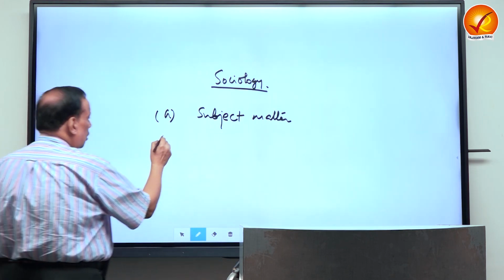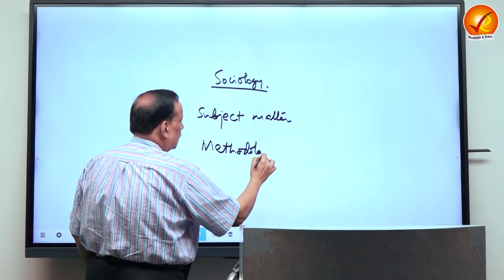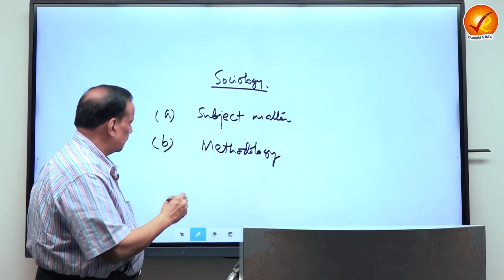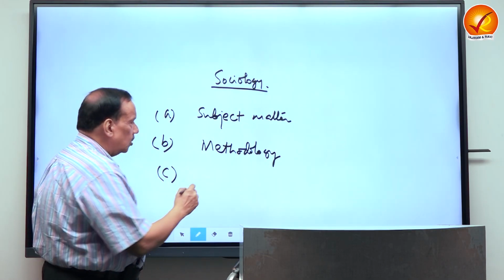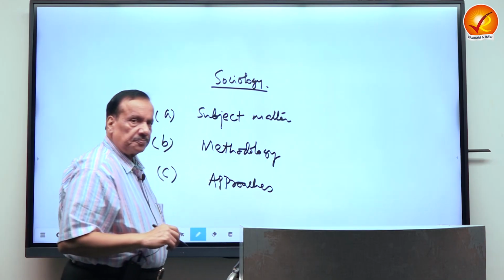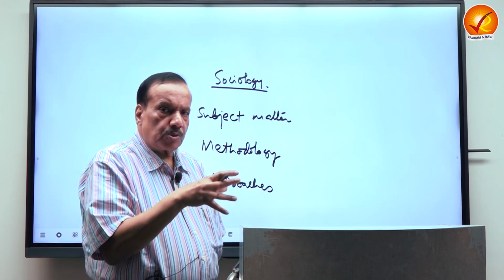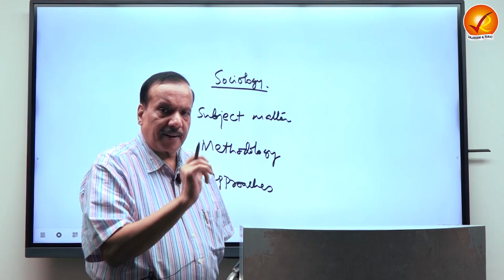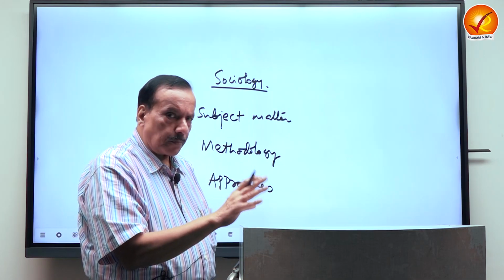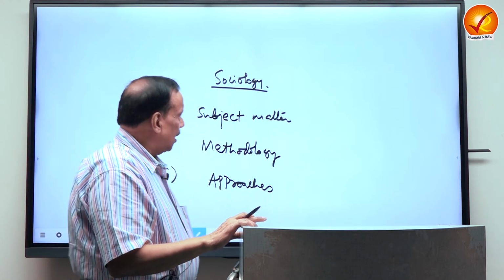Second, you have to give importance to methodology. What kind of method is sociology using? Third, you have to give importance to approaches. So, in order to know the nature of the discipline, we have to know what sociology does. What are the subject matters of sociology? What are the methods of sociological research? And what are the approaches or the theories that sociology is using while conducting research? And we'll be finding out